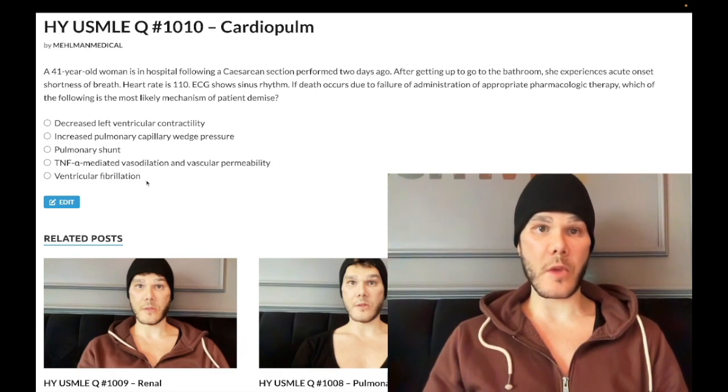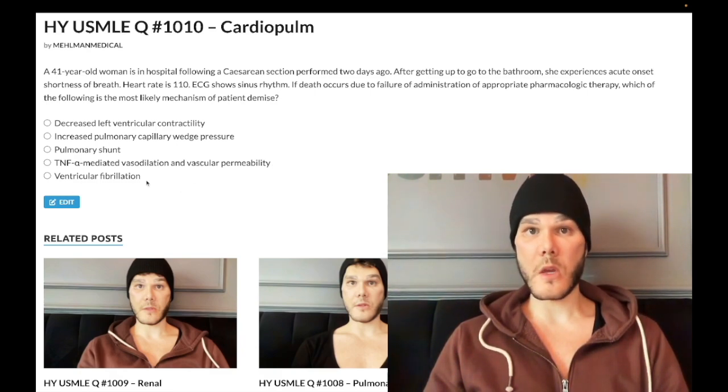Choice E, ventricular fibrillation. Correct answer. Past level, as I said. So you're going to have a thromboembolus going to the pulmonary arterial circulation. It could be a saddle embolus. It's going to cause acute right heart strain due to severe increase in afterload on the right ventricle, precipitating a